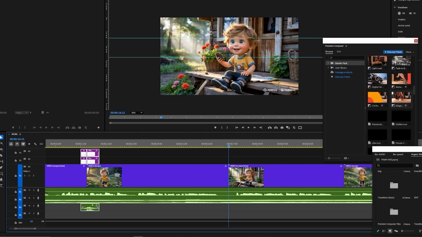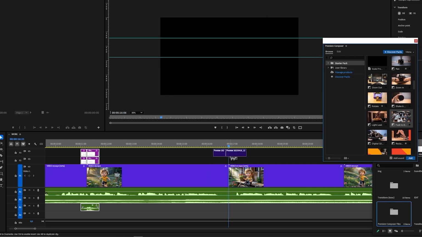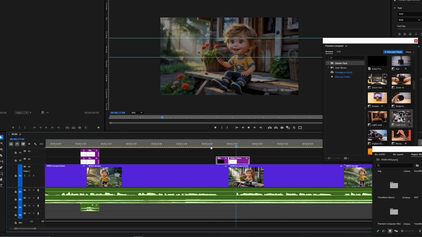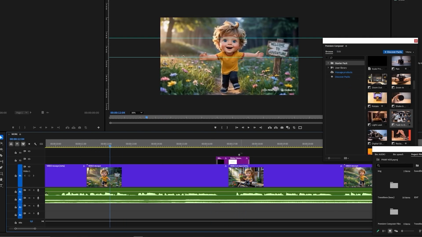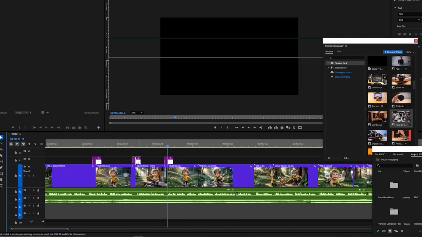By pressing Alt and dragging the transition, you can duplicate it to use on other clips. Apply transitions between clip changes to create the transition. Experiment with a few different transition types to find the one that best suits your video.